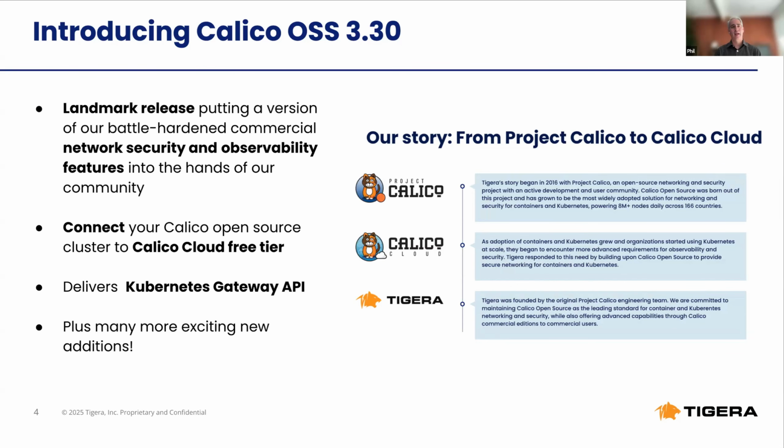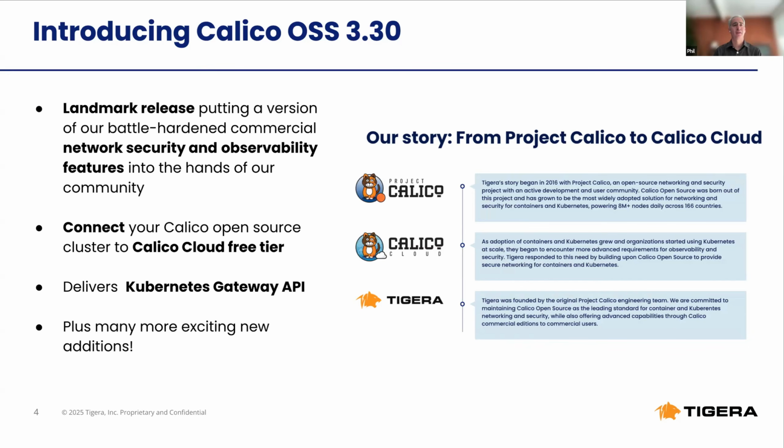Calico Open Source now includes all the bits and bytes you need to connect your cluster to this new free service. And we'll go into a little bit more detail in terms of what that looks like. But that really extends some of the features and capabilities of open source Calico, and provides a UI for doing a lot of what you might be doing just via the command line